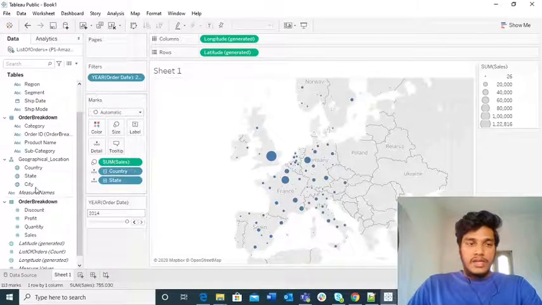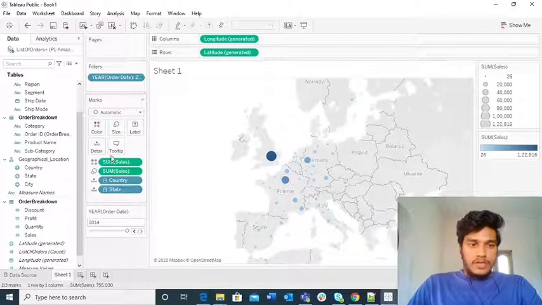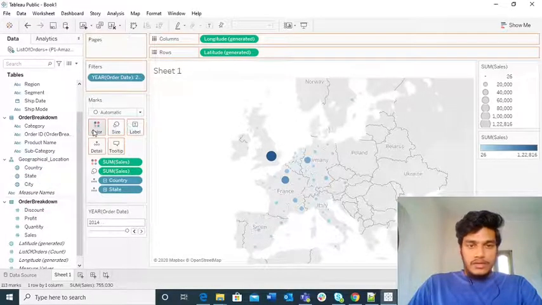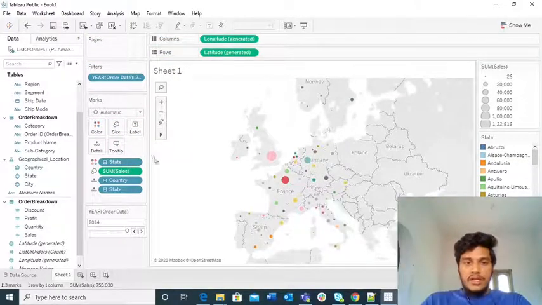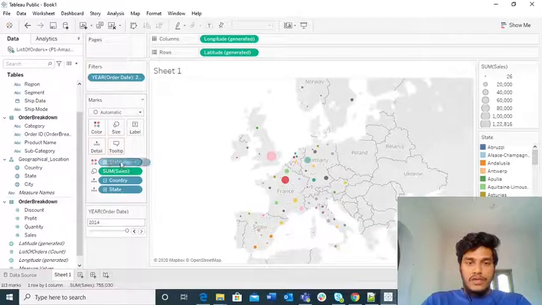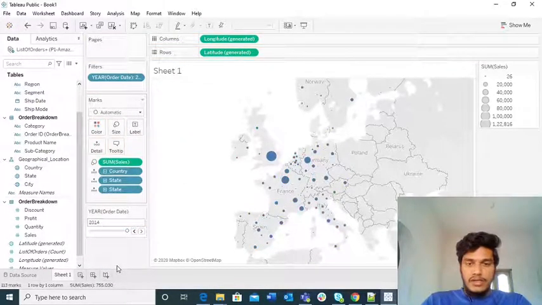And if you want the colors as well, then you can take sales and place it in the colors as well. Oh, it is not up to the mark, so let me remove this, and you can place state into the color. Oh, this is one where the states look good here, but let me remove this to make it a single color.